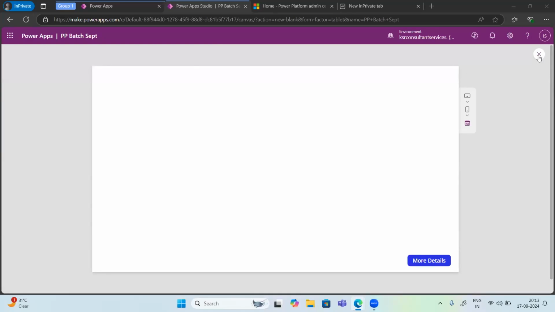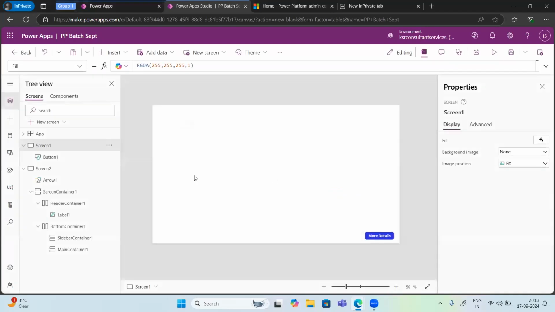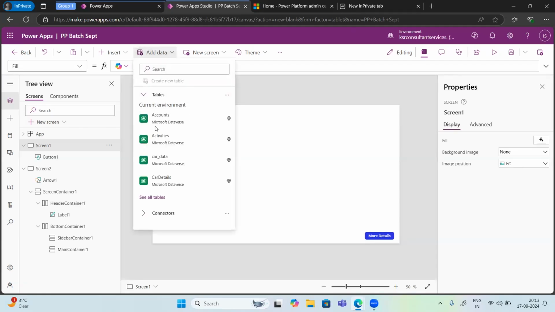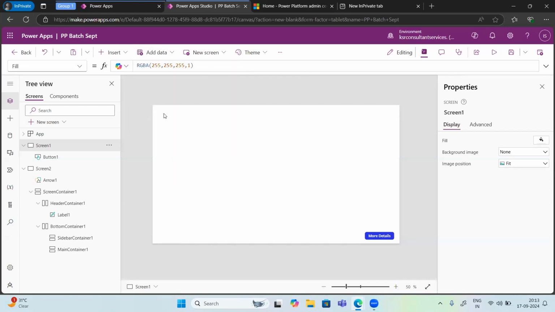Okay. So now next thing is, we have created the screen and all those things are created, right? But if we don't have data in the app, then it is of no use, right? So if you want to add data, there is an add data button here also. It will give you the current environment data. So basically in Microsoft Dataverse, there are a few entities which are automatically available. So suppose I want to get the data from the accounts entity. So if I click on accounts,